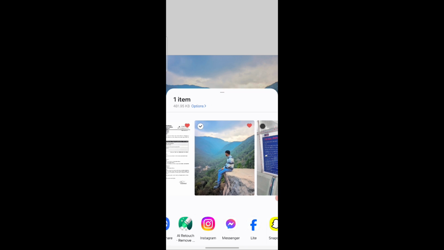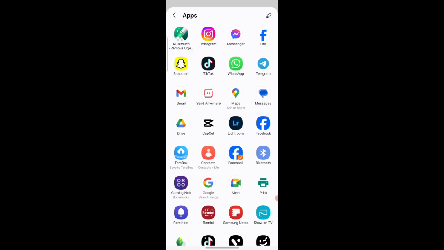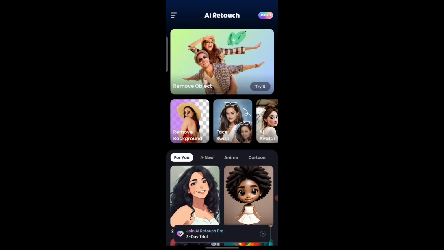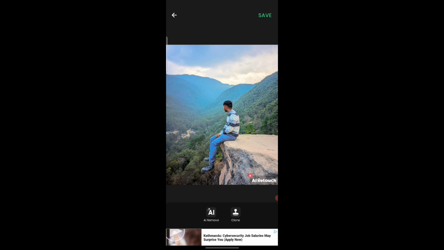If you can see here, then click this more option and press the AI Retouch app, and then press this remove object, right, and here you can see your picture. Now click on AI remove,